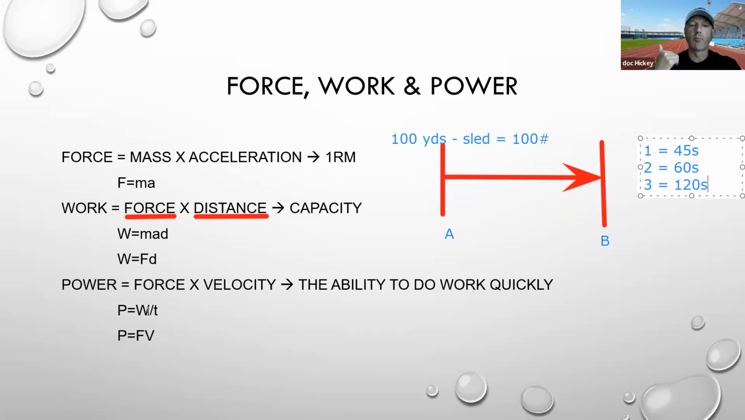So when we want to improve power, we can do it one of 2 ways. We can improve work. We can increase our work capacity and do it at the same amount of time, or we can keep our work capacity constant and do it quicker. Another way to look at power is going to be force times velocity. And we arrive at this one